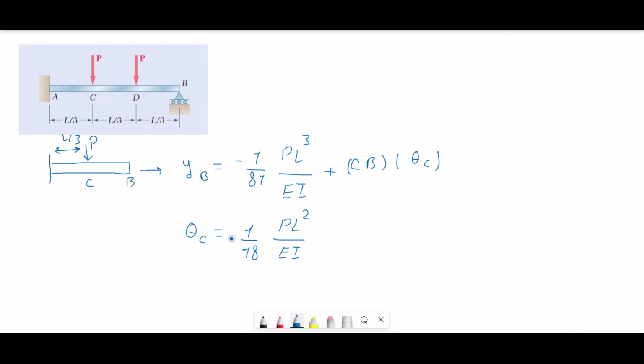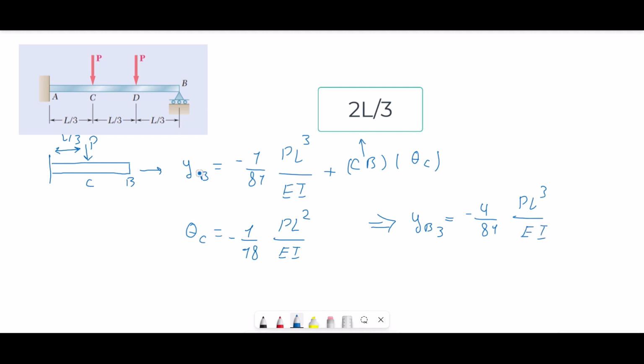And this is also negative. So as a result of these equations, and we know that CB is equal to 1/3 of L, the deflection of point B in this section will be